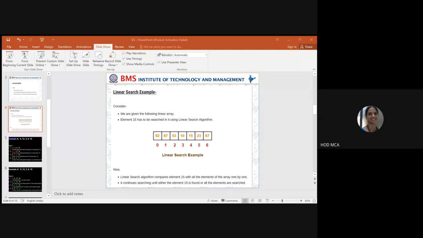For example, if I'm sorting 5 elements using bubble sort, how many iterations do I require? Is it n minus 1? Is it n square? Is it 2n? It is n. How many passes do I need? If I use the same 5 elements with selection sort, insertion sort, or quick sort, how many iterations are required? Are you all noting down or not?